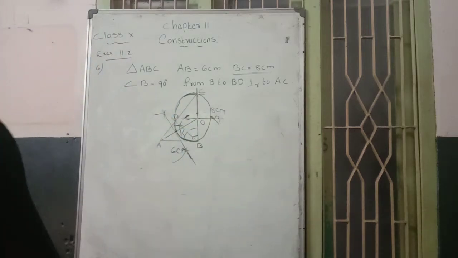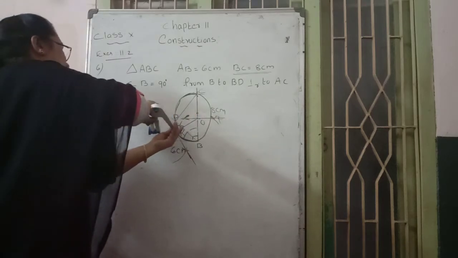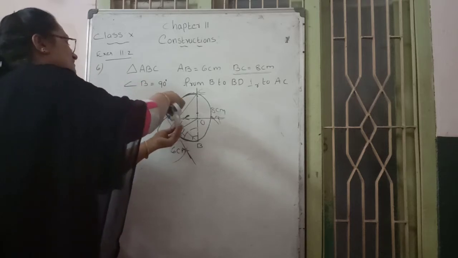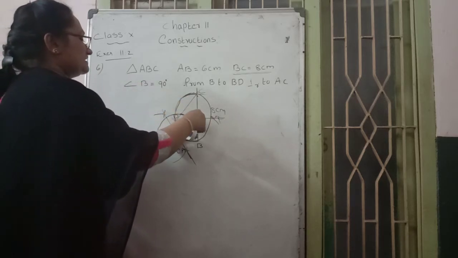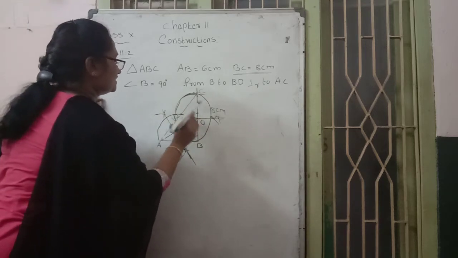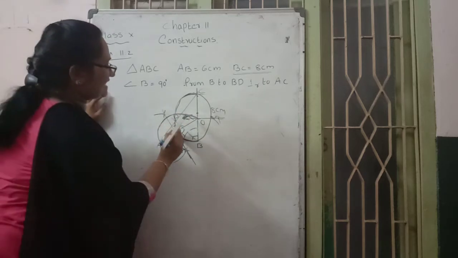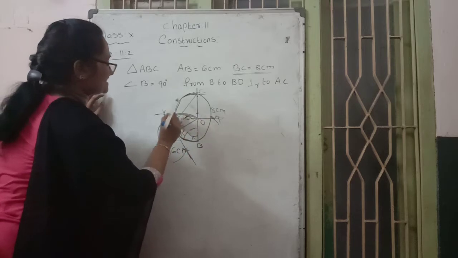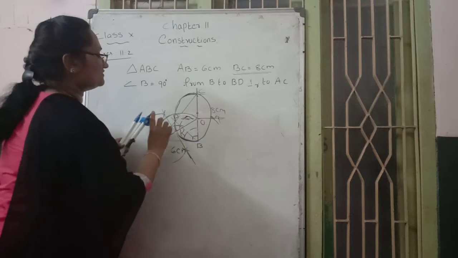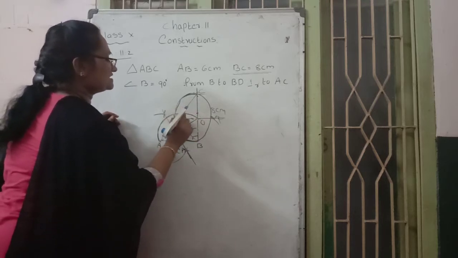Take the K to O distance to draw the second circle. With K as center and the K to O distance, draw a circle. A full circle is not needed, a semicircle is enough. With K as center and the K to O distance taken, draw a semicircle like this.